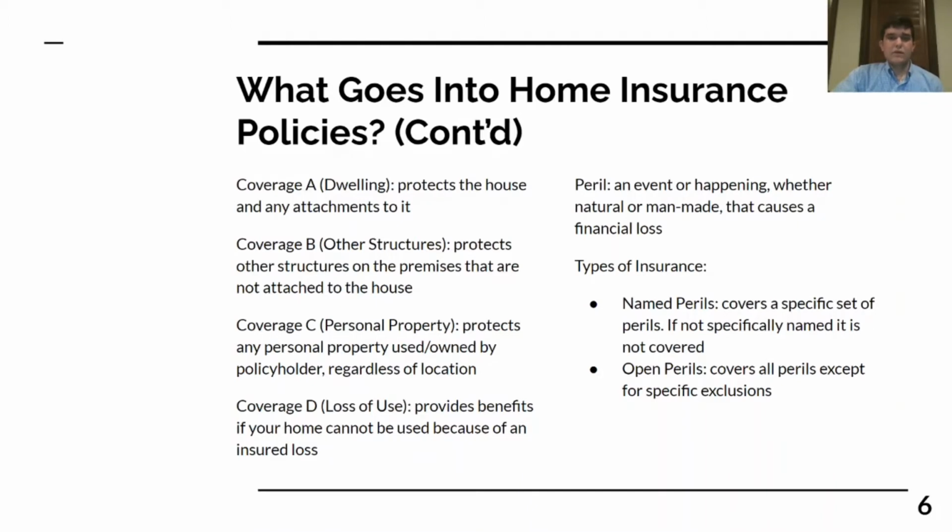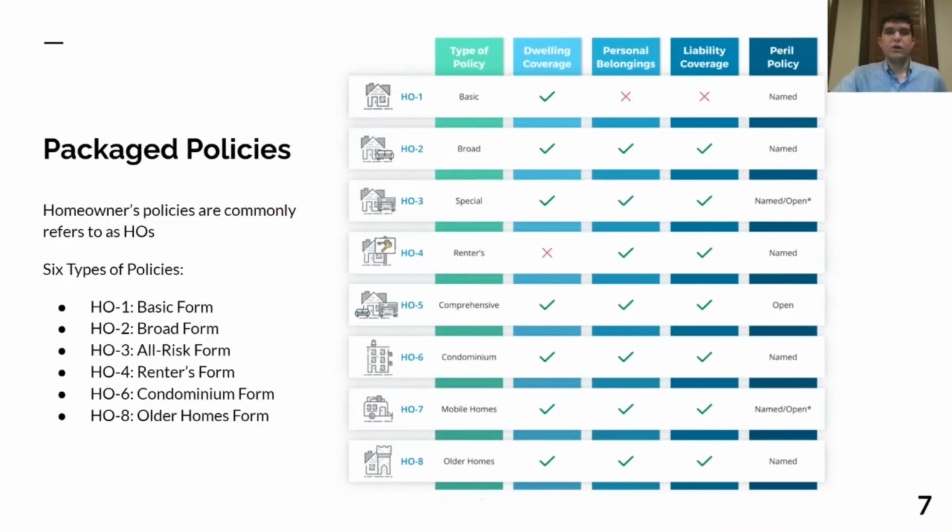Section 2 having the liability insurance. And within this, you'll have either named or open peril policies. Depending on which one you pick, that will greatly impact the coverage. Now that we understand everything that goes into a home insurance policy, we can look at package policies, which are